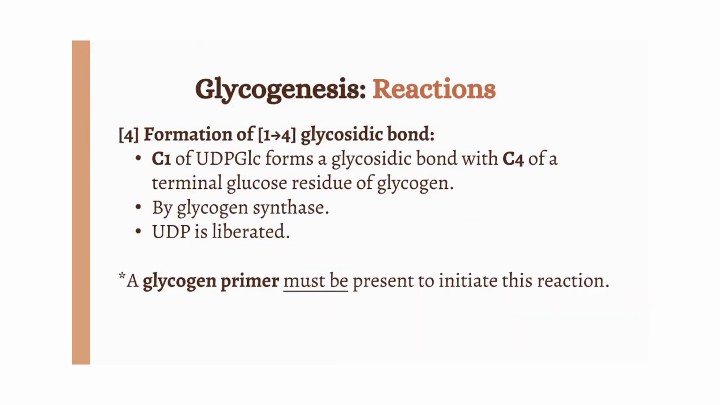The fourth reaction is catalyzed by glycogen synthase, in which carbon 1 of the UDP glucose forms a 1,4 glycosidic bond with the fourth carbon of a terminal glucose residue of glycogen. UDP will be released from the UDP glucose. However, it cannot start from scratch. Glycogen synthase cannot just join